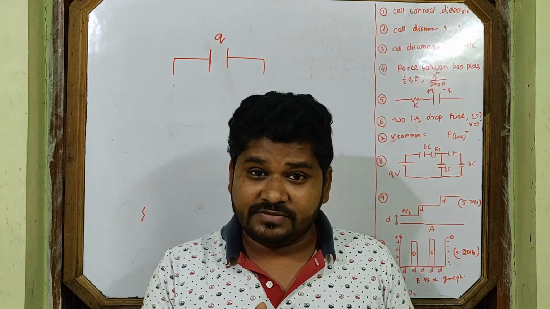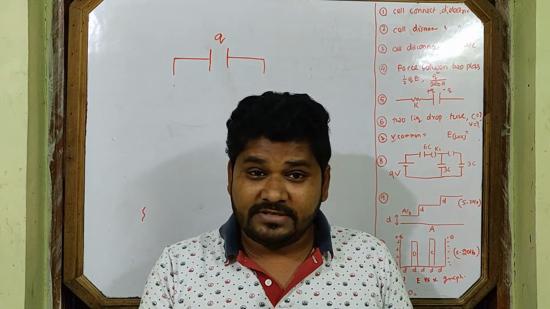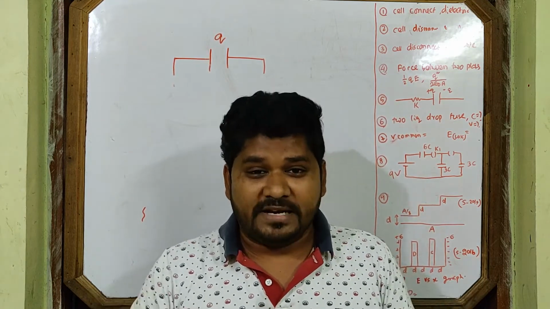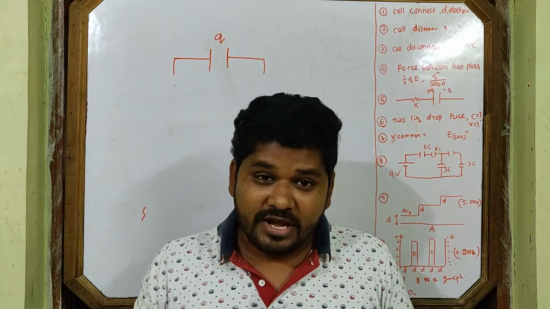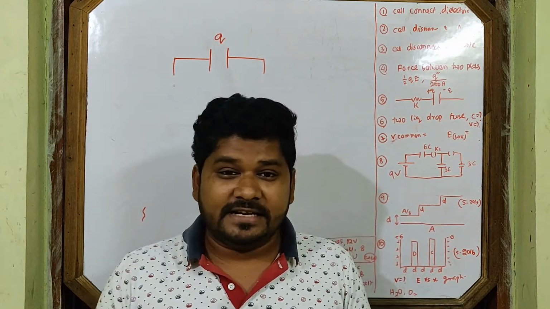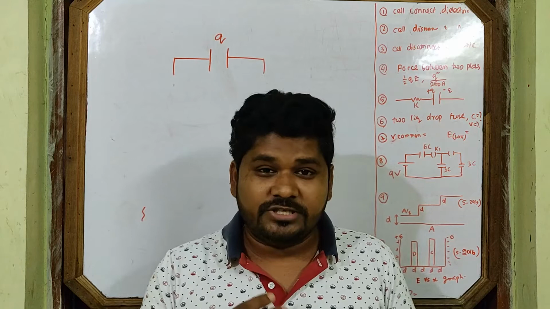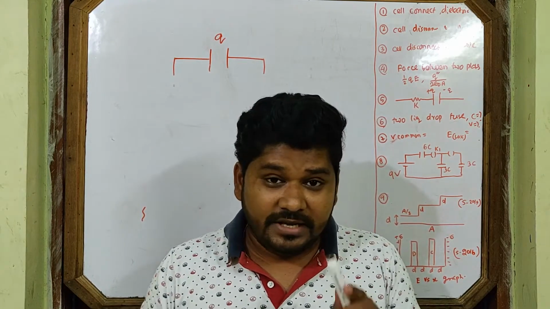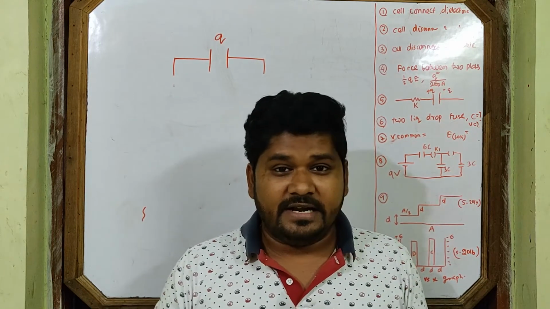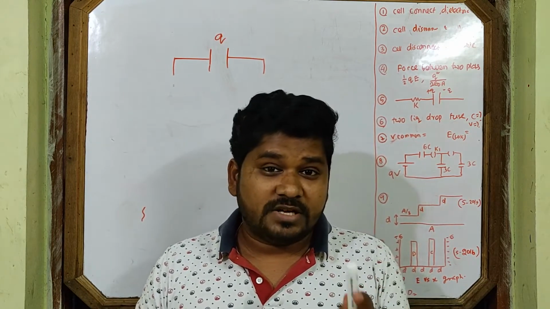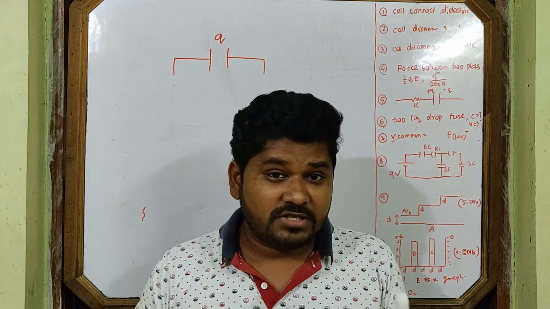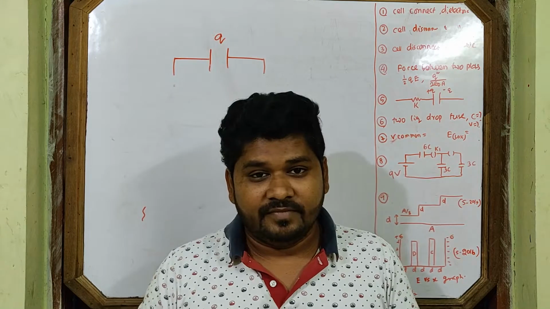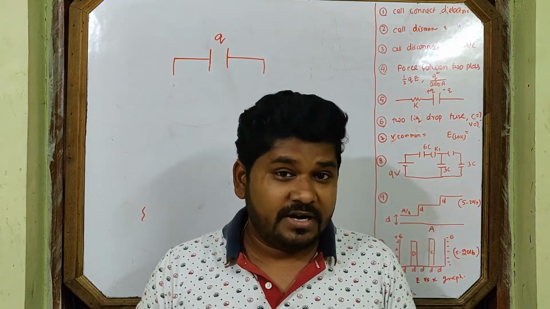It may change. If you do the things what I told you just before, you may stretch the two plates, may increase the plate separation, may insert some dielectric. Generally these two we do. These two changes generally we do in capacitor. So what I told you, if cell is disconnected, total charge of the capacitor remains constant whatever change you may do in the capacitor. So these two lines are very important.